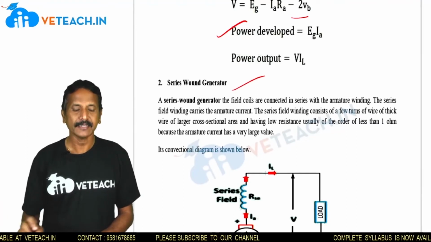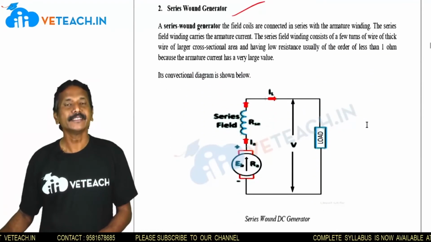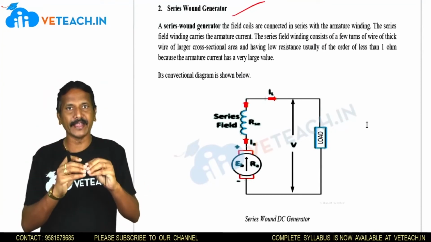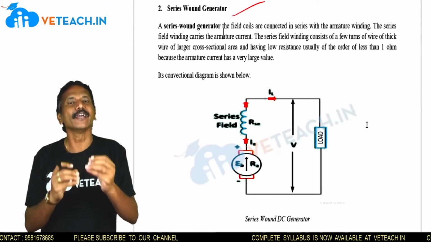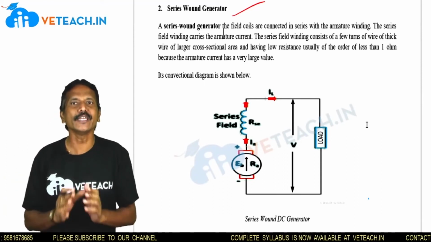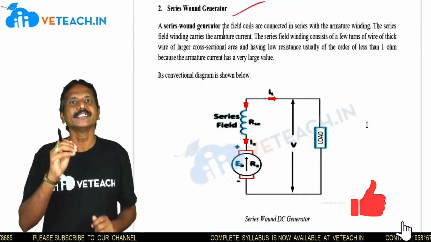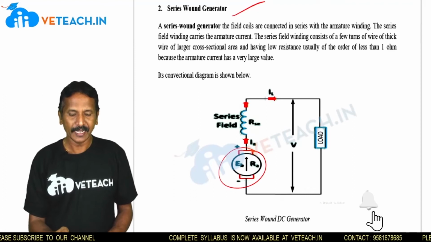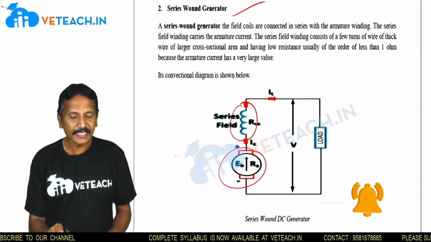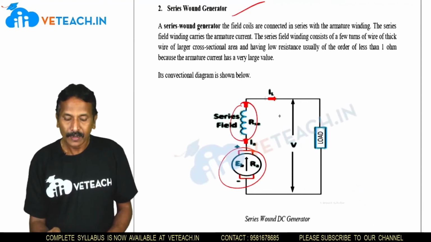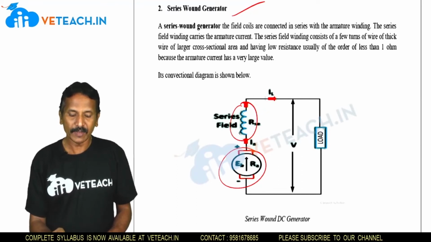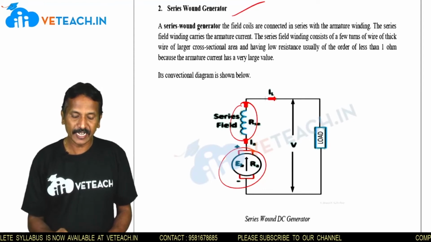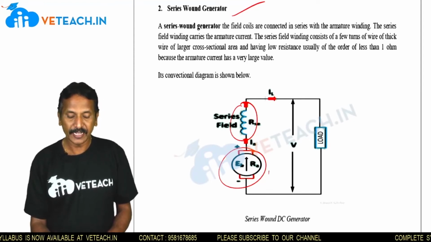The next one is the series wound generator. Series means what? Your armature is in series with the field winding. Which field is it? The series field across the load resistance. Then only we can say this is a series wound generator. See, this is the armature and this is the series field. How is it? These are in series, across the load. So again what happens here? RSC is the series field winding, IA is the armature current, RA is the armature resistance, and here EG